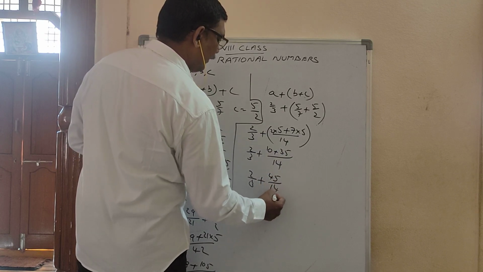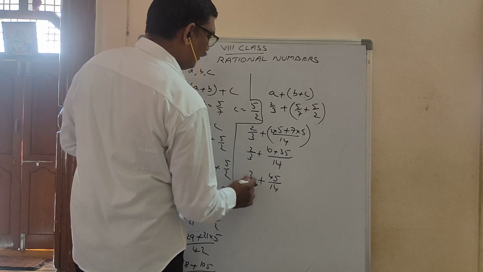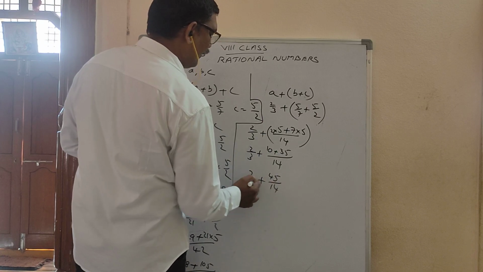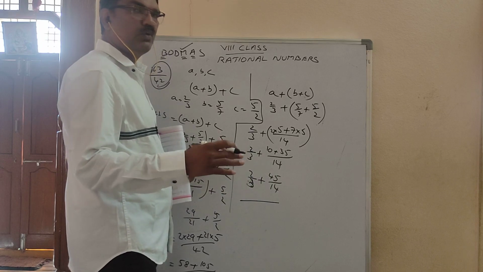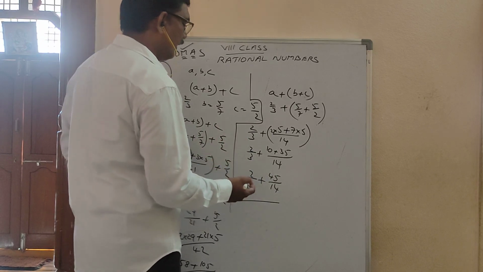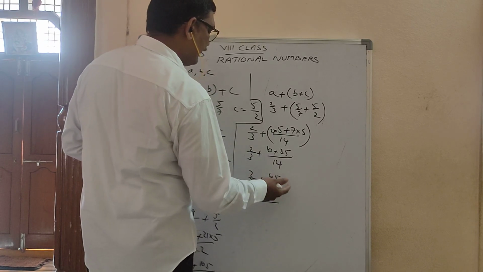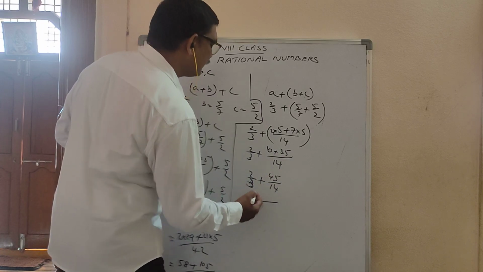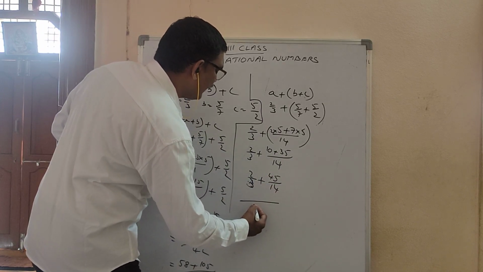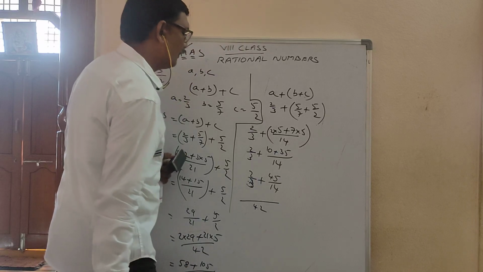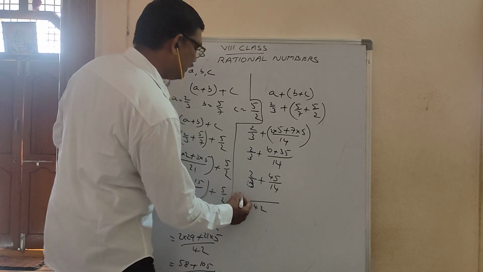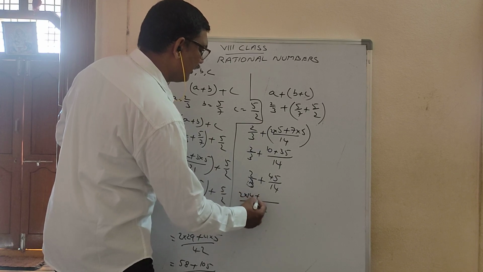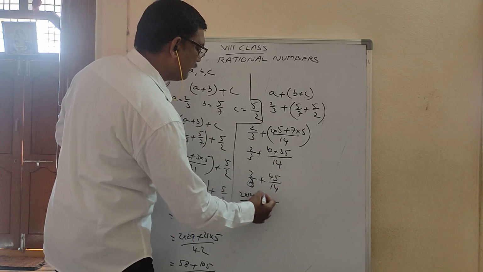45 by 14. Now you have here 3 and 14. LCM for 3 and 14. 3 and 14 are co-primes. They won't go in any table except 1. The LCM of 3 and 14 will be their product only. You have to multiply this one. If you multiply, how much are you getting? 42. So 3, how many times will it go? 14 times. 14 2s are how much? 2 into 14. 14, how many times will it go? 3 times.